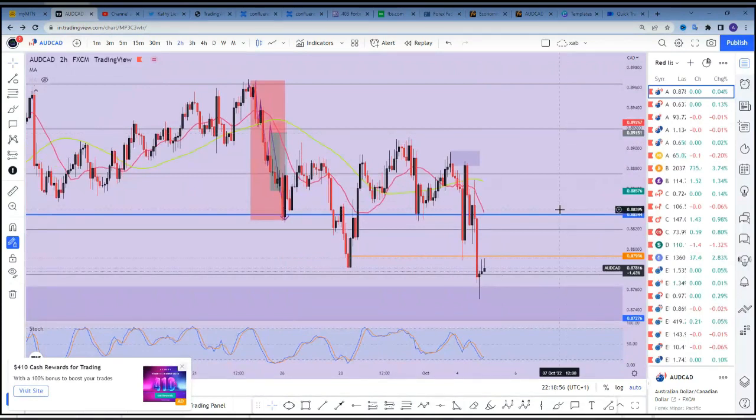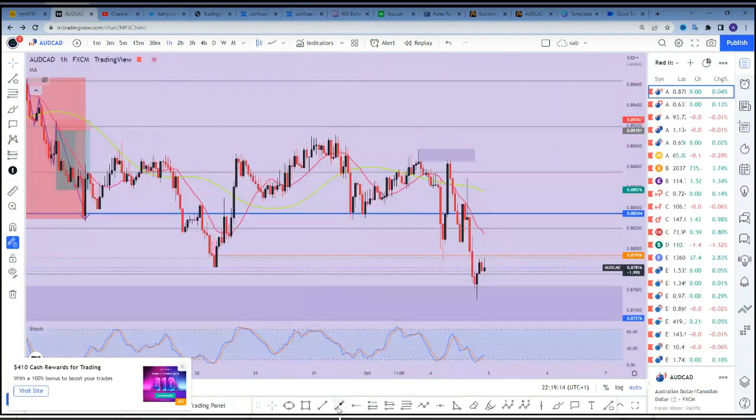Now, this was a trade that I took on AUD/CAD. I think I gave it to some of my guys on AUD/CAD just this week. Initially, from Smart Money, I'd already defined that price was going lower. I'd already discerned that based on what I saw. We already had the break of structure, we already had the imbalance, and we had the order block. Price came back to it and gave this initial drop.